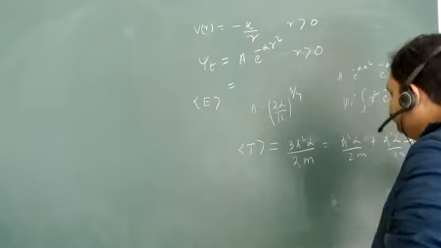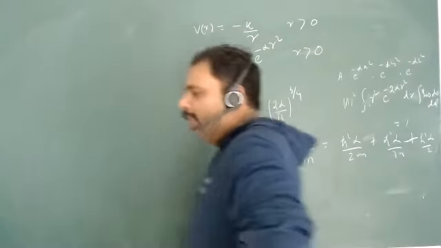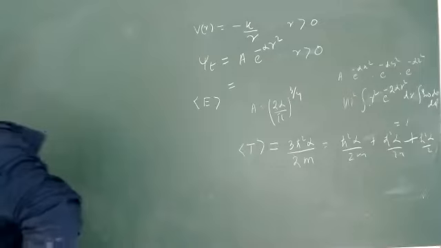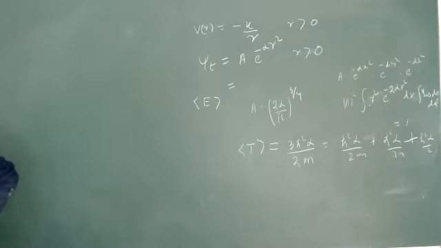Here you can find the kinetic energy in Cartesian coordinates also, and you can use the spherical polar coordinate. So what will be your kinetic energy operator here? Tell me this, then I will give you chocolate. Anyone? What should be kinetic energy operator for this wave function? If I want to do it in spherical polar coordinates, what should be my kinetic energy? Minus h cut square upon 2m grad square.